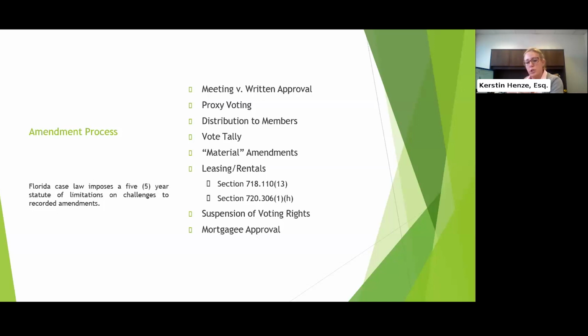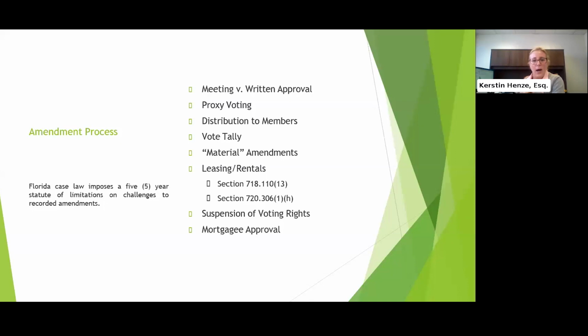Now, whether you want to do that on substantial changes to the documents, for example, if you are doing a complete rewrite of your declaration, whether you want to do the changes without underlining and striking through and then adding that provision at the top, that becomes a business decision. Many owners would prefer to see the actual changes. So you have to consider how best to present the changes to the membership.